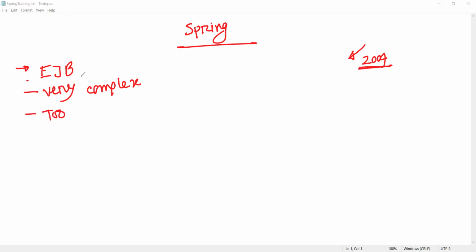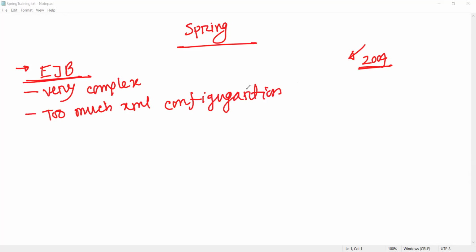So in EJB technology, first of all it's very complex. Also it requires too much XML configuration. And it's a heavyweight framework or heavyweight technology.